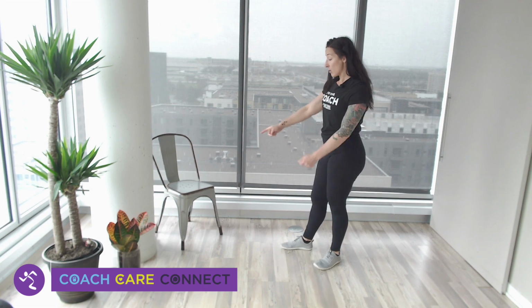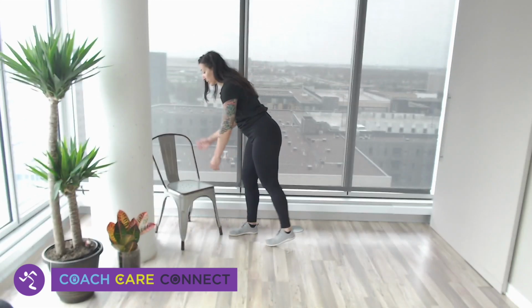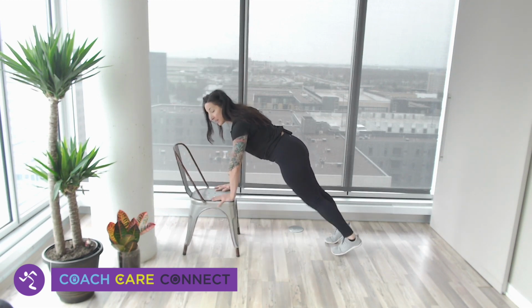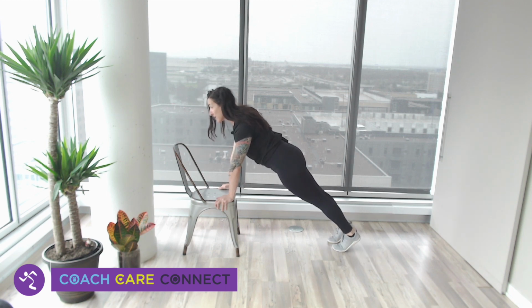Whew. All right, we've got one to go. We can either go to a chair or go down to the ground, and we are going to hold a high plank for about 30 seconds. Remember, when you're doing that plank, your hands are stacked under your shoulders. Here, one straight line, either feet together or a little bit wider, which makes it a little bit easier. We're going to hold for about 30